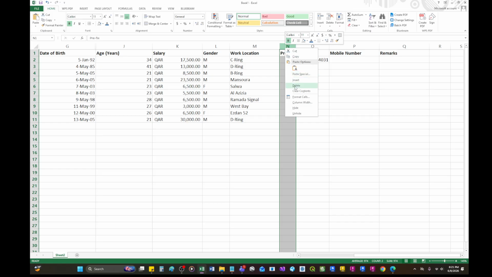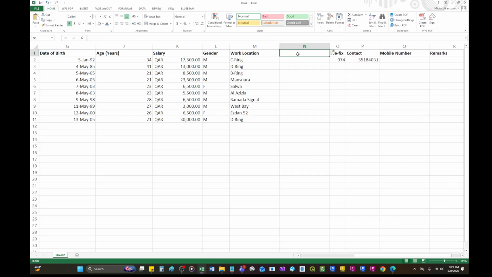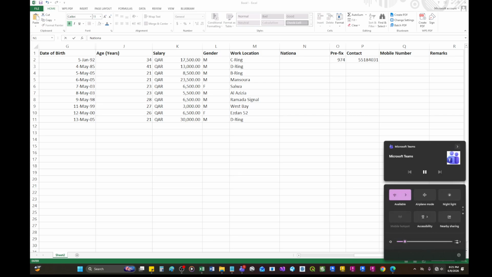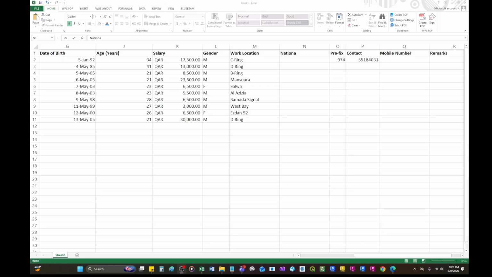Let's say in the prefix, for example, this one, country code.